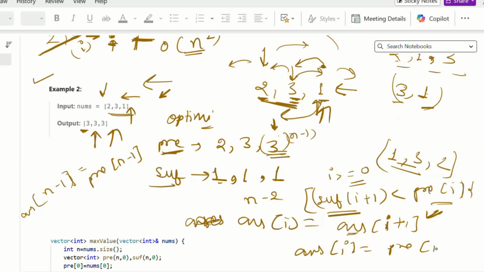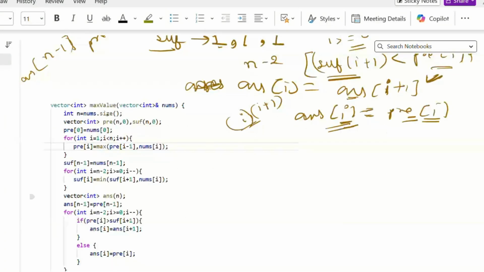So this is the only thing I did in my solution. I initialized this integer, which is denoting the size of nums. I use this prefix and suffix. Prefix of 0 equals nums of 0 only, and then I started a loop from 1 till the end, index n minus 1, and I calculate my prefix at index I equals maximum of prefix of I minus 1 comma nums of I. At a particular index, I am finding the maximum value from the 0th index till this ith index, and that value I am storing in